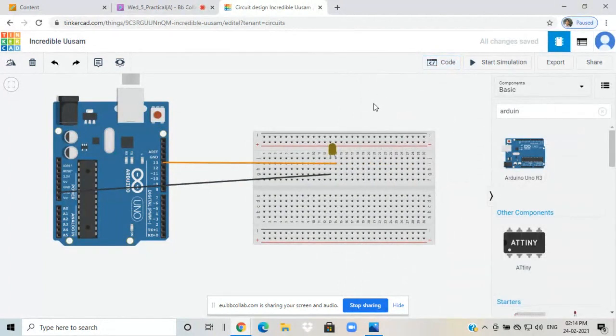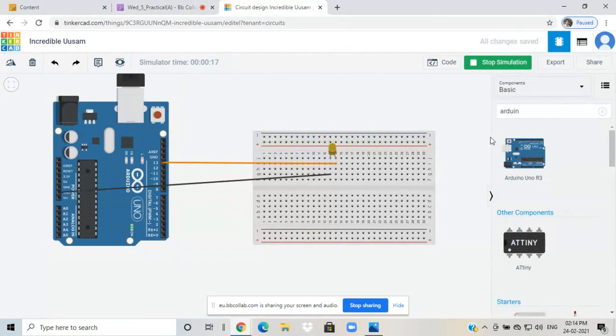Okay. Now after making the design, what we have to do, we have to click on the start simulation. Okay. Now you can see for 1000 millisecond or 1 second, this LED is glowing, then it becomes off. Okay. I think it is visible to you.